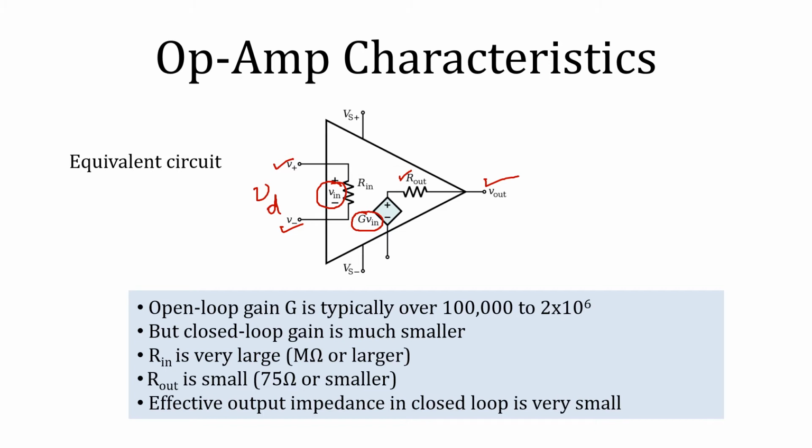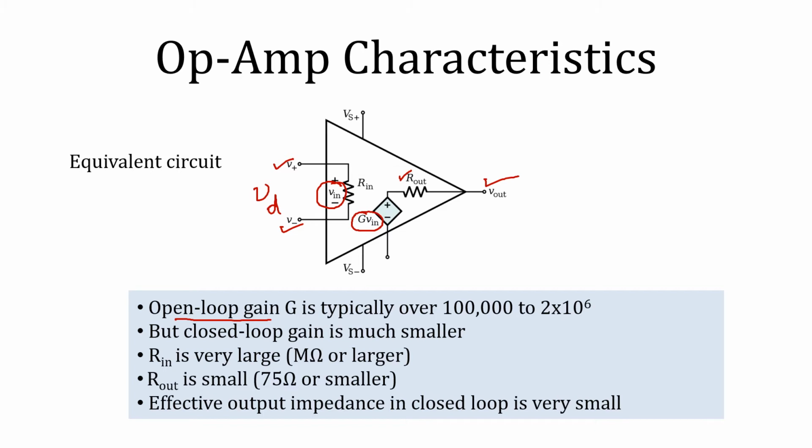Now let's discuss some of the characteristics. Open loop gain is very high, that is, G is very high. It may range from 100,000 to 2 into 10 raised to power 6, that is in megas. So its gain is very high, and that gain, I am repeating, is the open loop gain. Only when there is no feedback is the gain very high. It means when we use a closed loop circuit for this op-amp, gain reduces drastically. We will discuss those circuits also, and try to see what is the need of a closed loop circuit when we have very high gain with this amplifier.